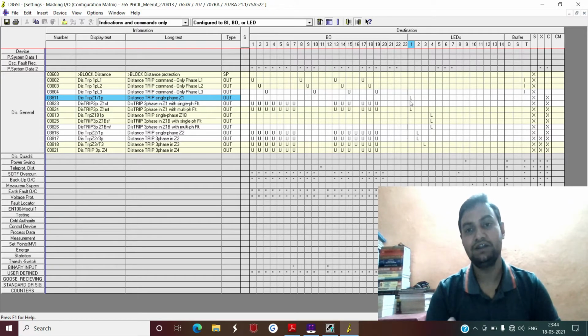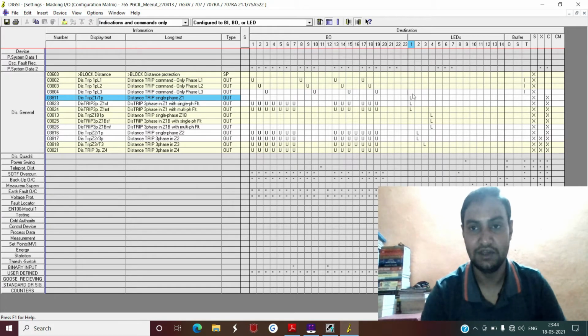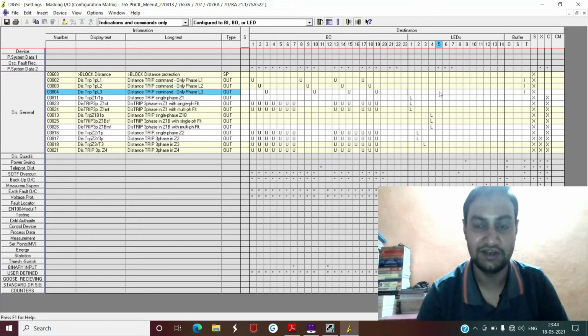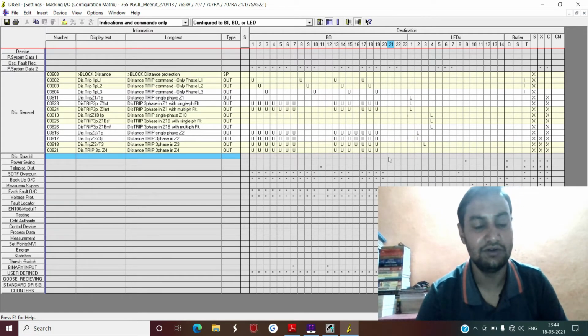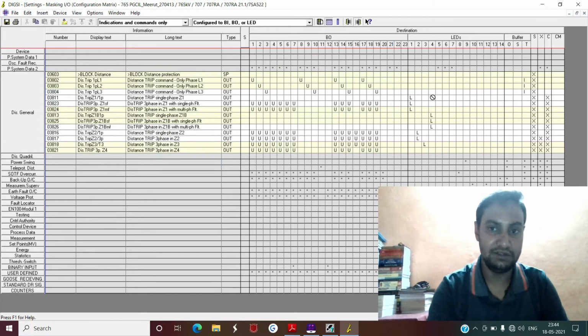The second method is that you can take this relay online using your engineering software or DRPC, and from there, using this software itself, you can reset this LED. Basically, when you take this Siemens relay online, right now we are working in offline mode. If you take this online, this LED reset symbol will be high, and you can directly press reset LED and your LED will be reset.